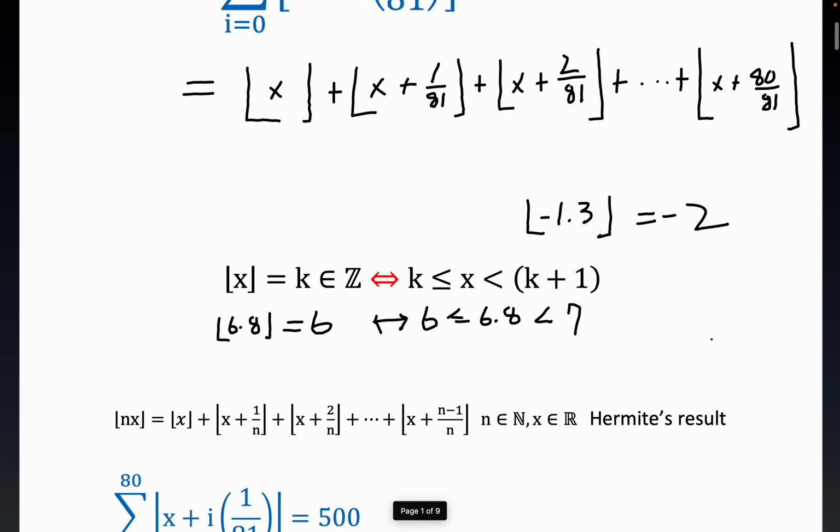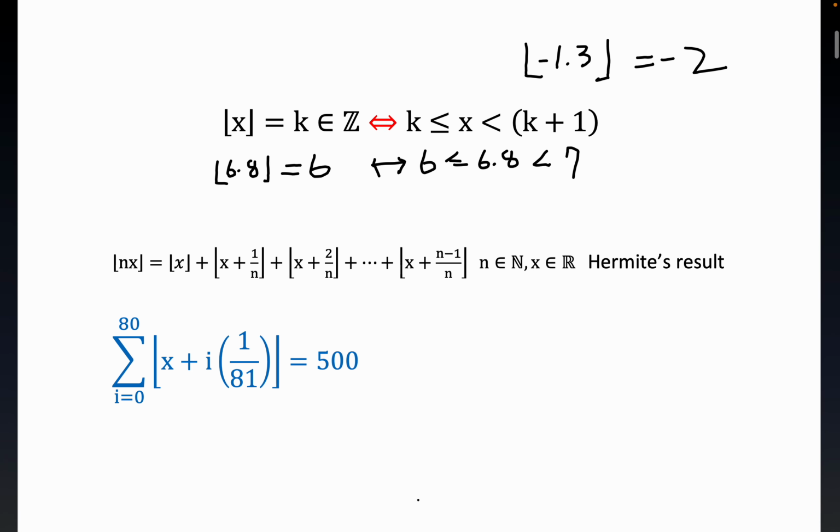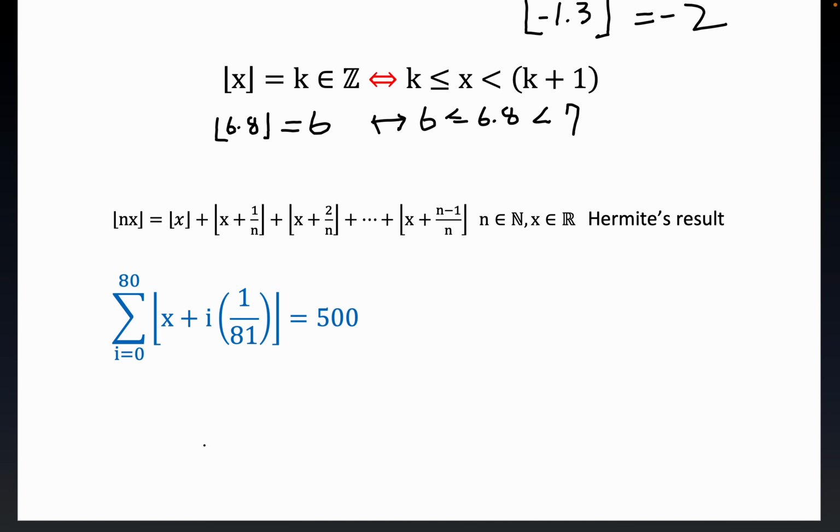Now, this result that we have is quite useful. It's called Hermite's result, or I guess it's an identity. I've looked at the proof, and I couldn't reproduce it for you if I had to. But notice it's going to give us, based on this formulation, what I've written down right here, which is this series. So what we can do is replace this entire series with the floor of 81x. Let's write that down here, adjacent. According to Hermite's identity, we can